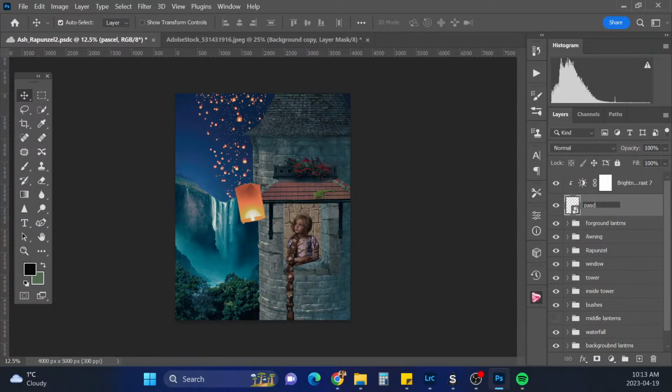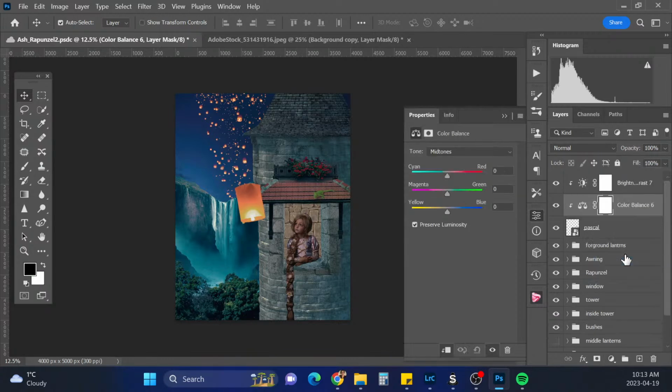C-A-L. Okay, Pascal. All right, and we're gonna put a little color balance on him as well. We still want him to be pretty green, but we're gonna just darken him up a little there. Maybe add a bit of magenta in there.